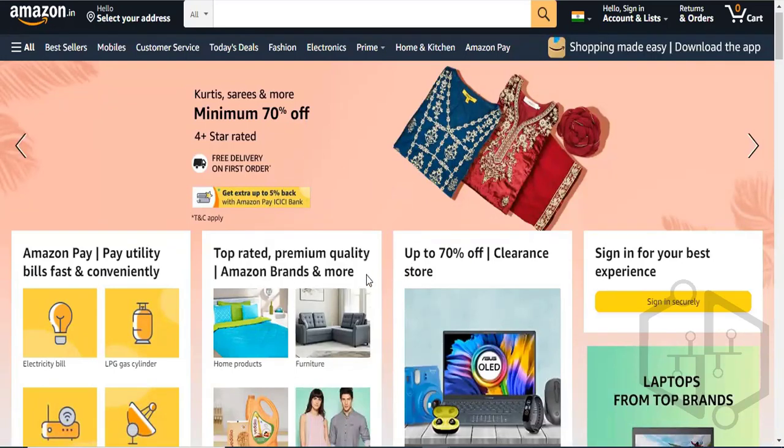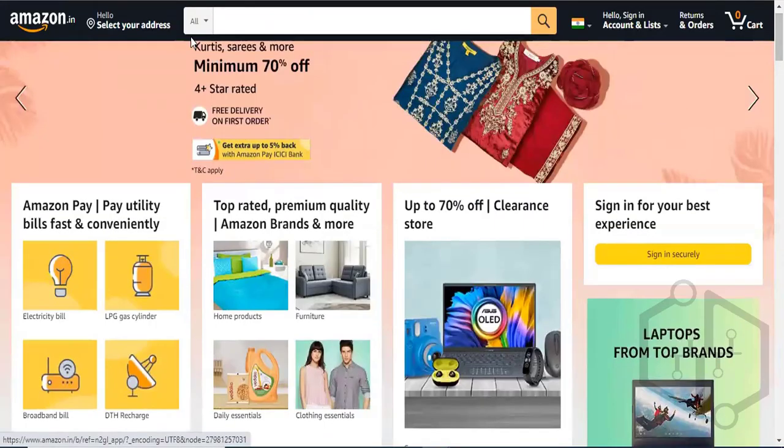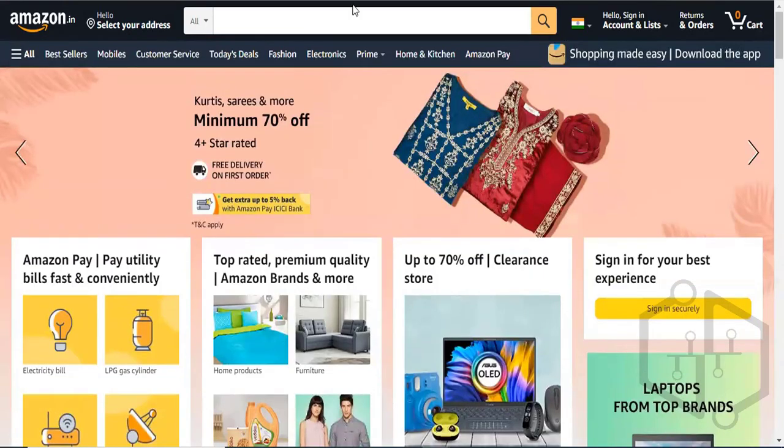So a component in AEM is basically a reusable entity which defines the basic look and feel of that part of the page. If I talk about this Amazon website, there is a header component which has a search component within it.